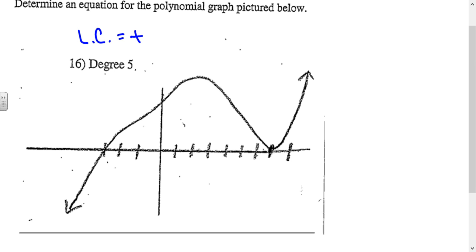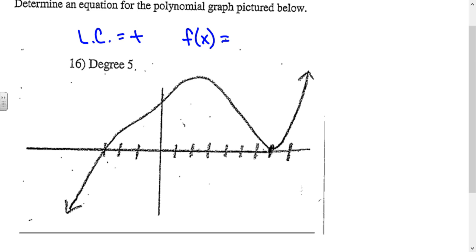Now this is important to pay attention to, because if it was to go the other direction, like some of these other ones do on your worksheet, or if it was to go down on both ends, then the leading coefficient would be negative, and so you would have to put a negative sign in front of your equation. So make sure you look for those on the worksheet, and you can check the answer key to make sure you've got these right. So we're going to write a polynomial function, so we're going to have f of x